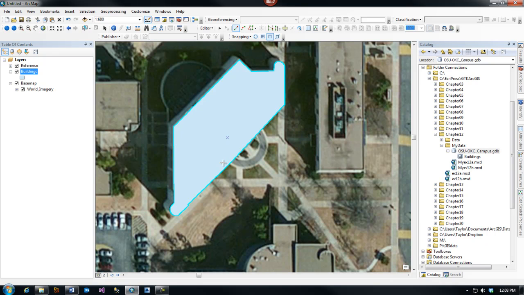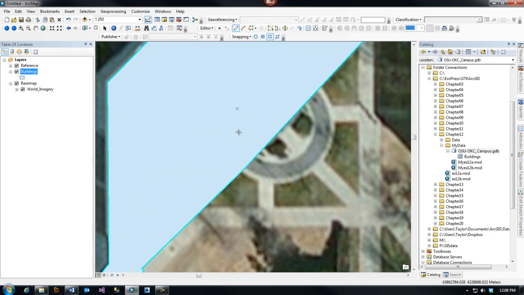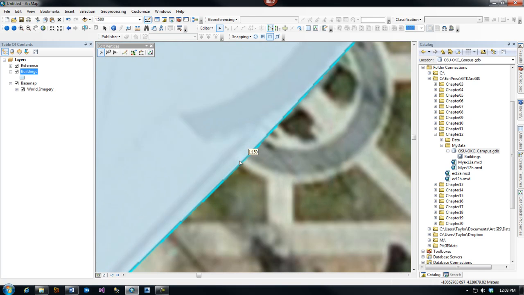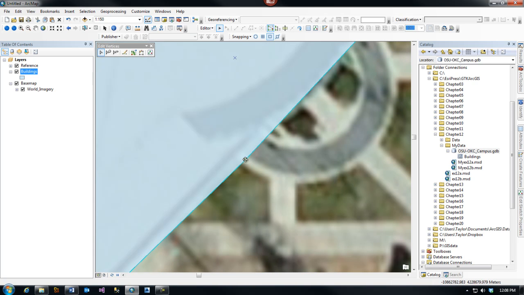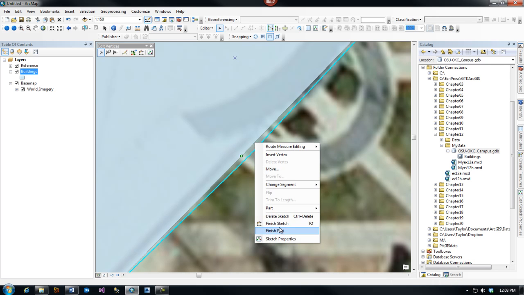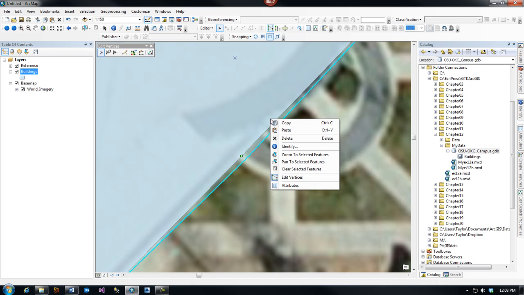Now, I've made a mistake earlier on one of these, and I want to fix that. So while this is selected, I'm going to select my edit vertices, and you can see my nodes pop up. And I want to drag that a little bit over. I'm going to need to zoom in on it. And I want to move that a little bit like right to there. Right click and hit finish sketch. And make sure when you right click that you're on your